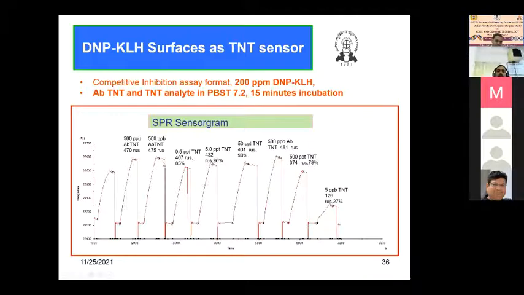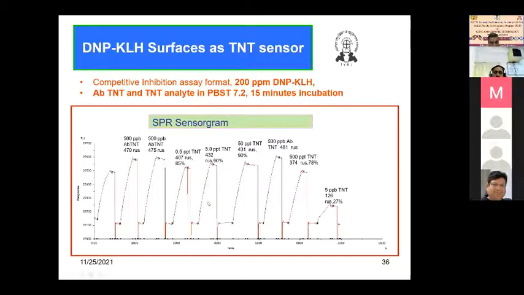This kind of response you cannot get in ELISA. What we are saying about the stability, this is showing that when this 500 ppb is in the solution along with the TNT antibody, the RU value change is 470 RUs. This is also giving 475 RUs. And in the two injections, at the level of 470, you are having only 5 RUs difference. That kind of stability is there if you do the repeated injection of your antigen over the surface. That's why we say that these systems are much more robust as compared to the ELISA.